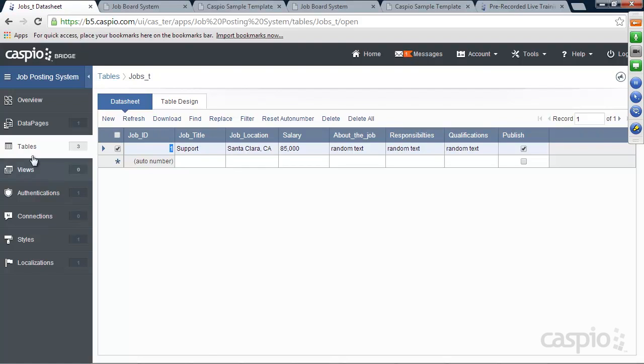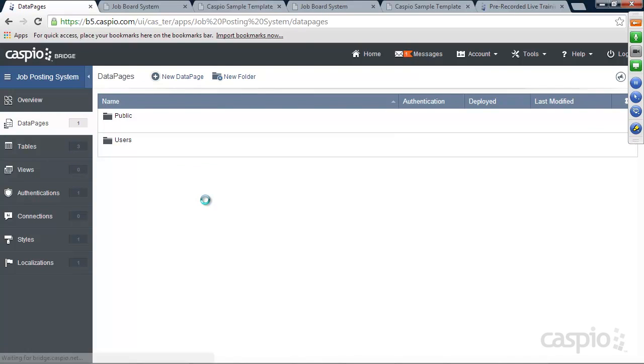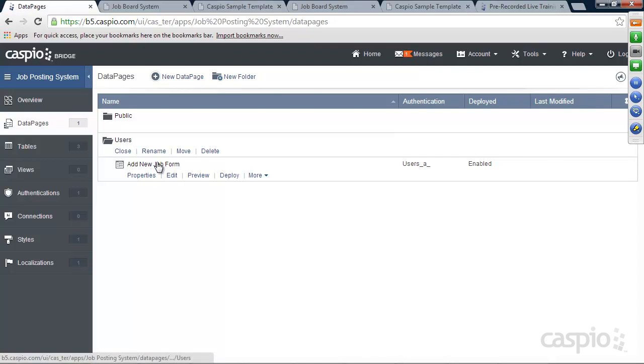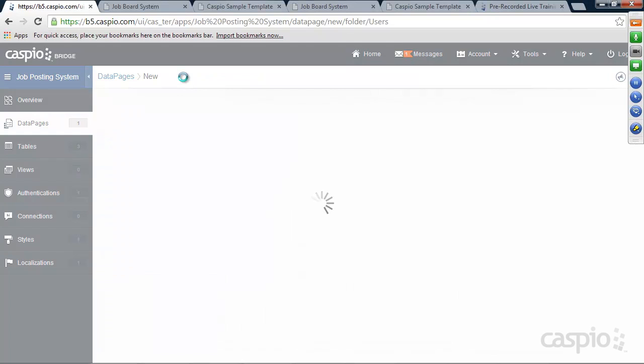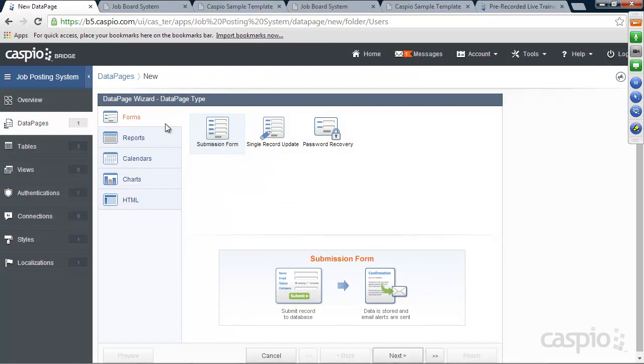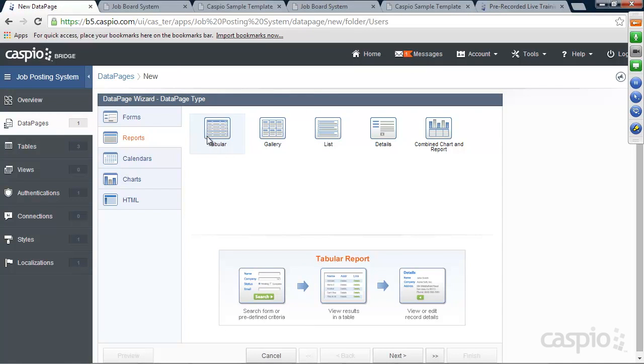Okay, so for me, when I'm building my applications, the next part of this application to build is, now that I can add jobs as a recruiter, I want to be able to manage jobs as well. So that's really easy to set up. We're going to click on new data page. And this time what I want to do is build a report. I'm going to go into tabular format that allows me to see all the jobs. If you look at the live example,